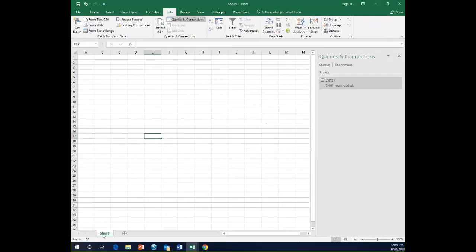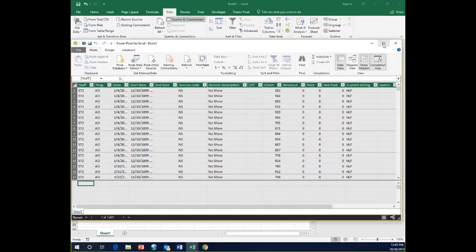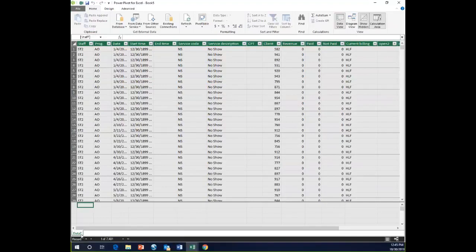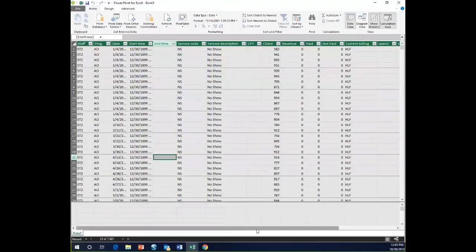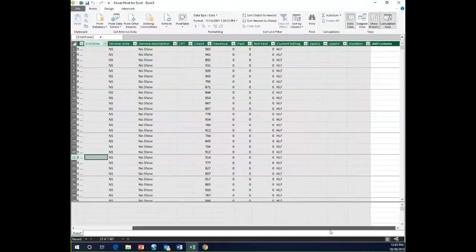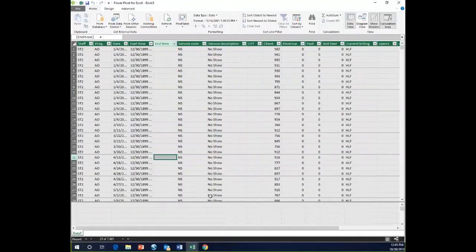You'll see in my sheet I have no data in my sheet, but I do have data in my Excel spreadsheet, and that's living in my data model, which we're going to take a look at next week. So here you see my data table. It's got the information. It has the rows I selected. It has the columns I selected. It has my duration column in it, and it's living in my Excel, but it's in the back end in